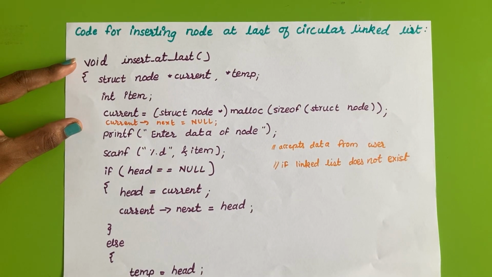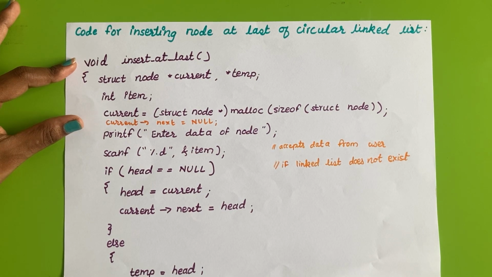Now we have started with circular linked list, that is the next type of linked list that is quite similar to the singly linked list. Just we have one difference, that is last node pointing to the first node. In last video we have seen how we can insert the newly created node at the beginning of the linked list. Now in this video we are going to learn how we can insert the node at the last of